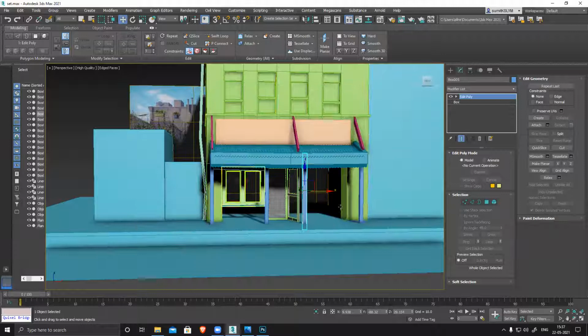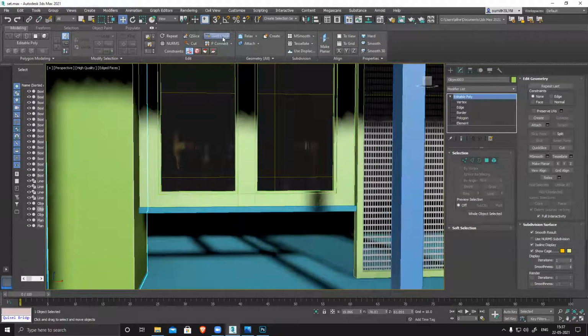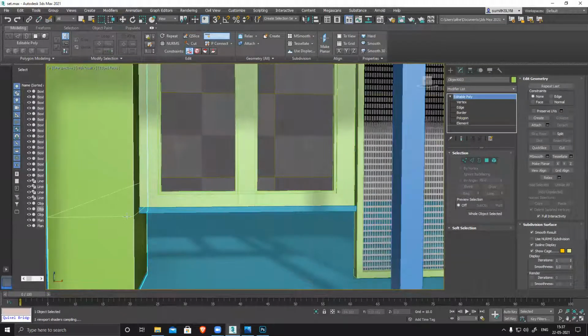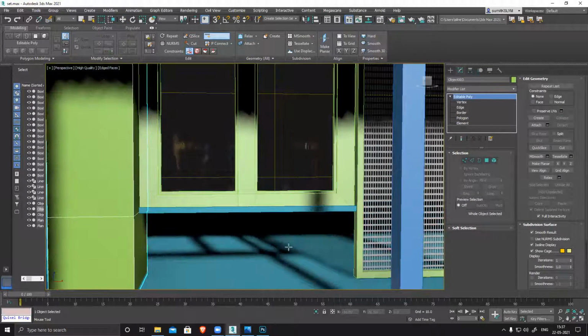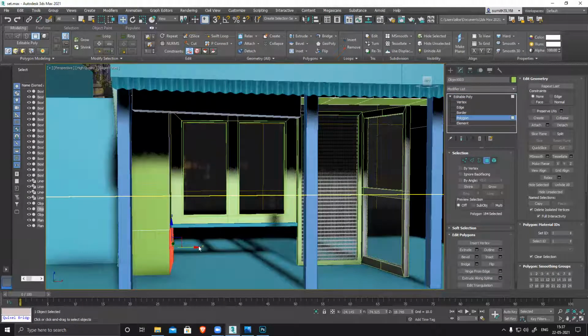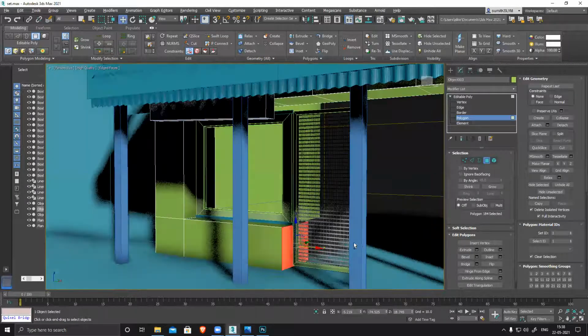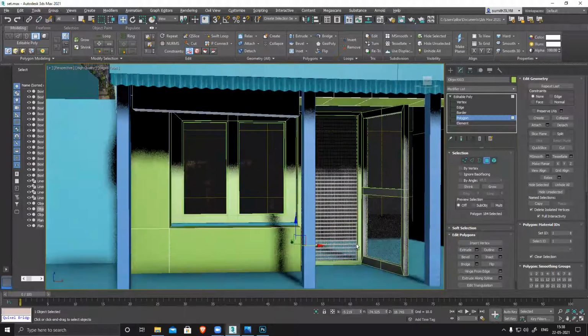This side we have two frames, this side we have three frames, like three sections of this. So first I'll fix this section. To create this wall, I need a loop here. Shift and drag. See, I got the basic structure.